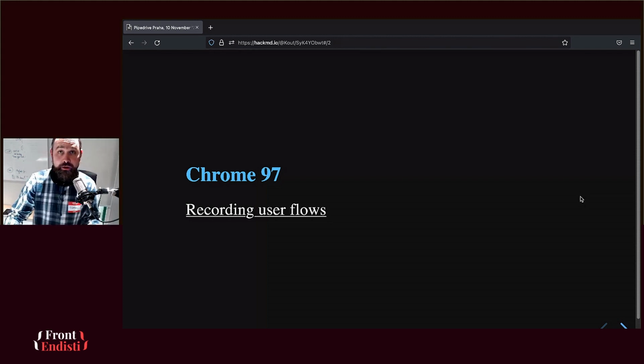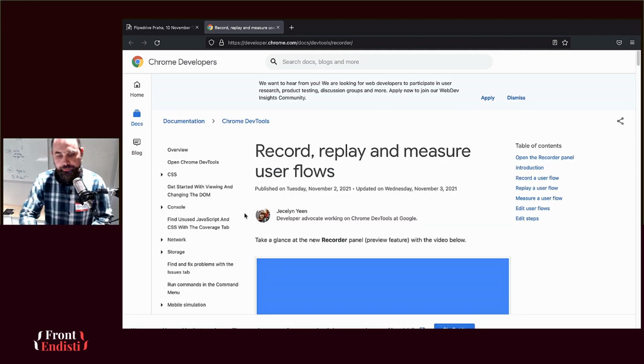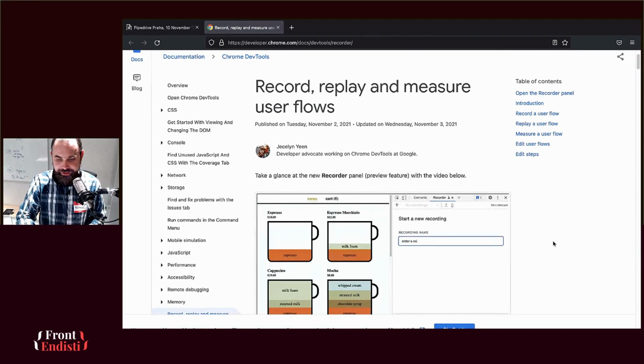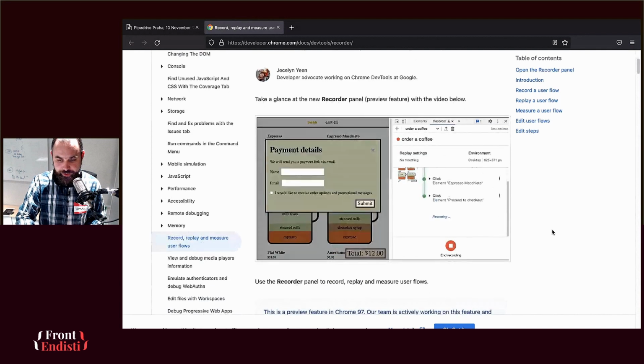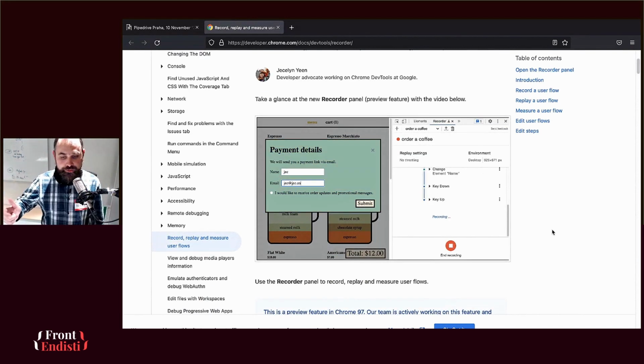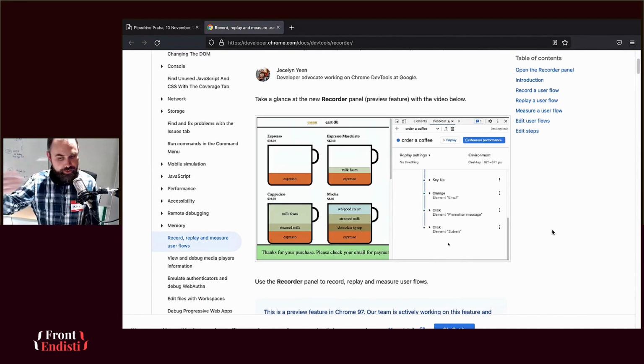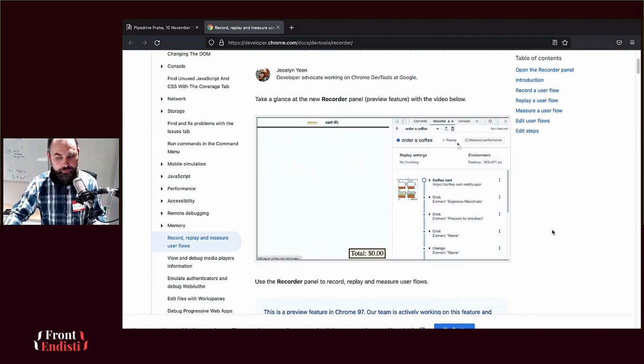The recent version of Chrome is 95, so the next, 96, is being released. Starting with the nightly builds of Chrome, you should be able to use these user flows. And what is it about? If I understand well, it means that you can start recording, as we can already now record the